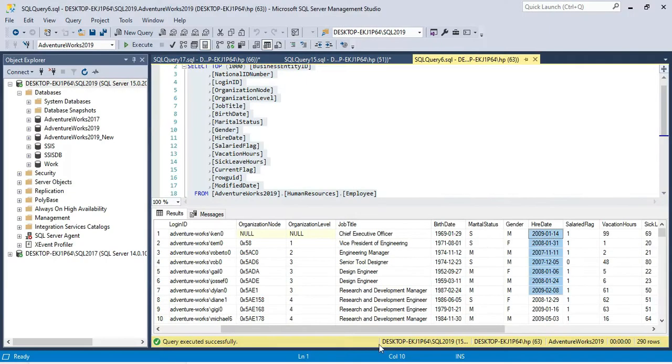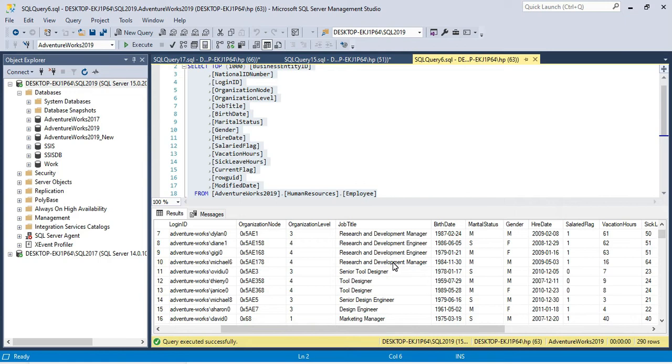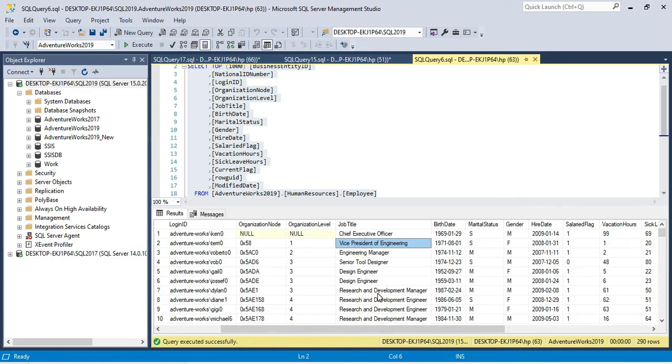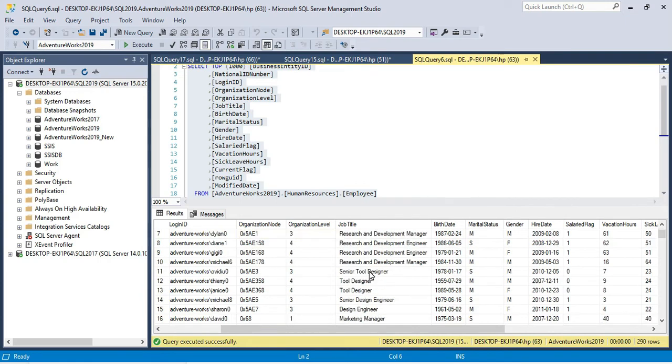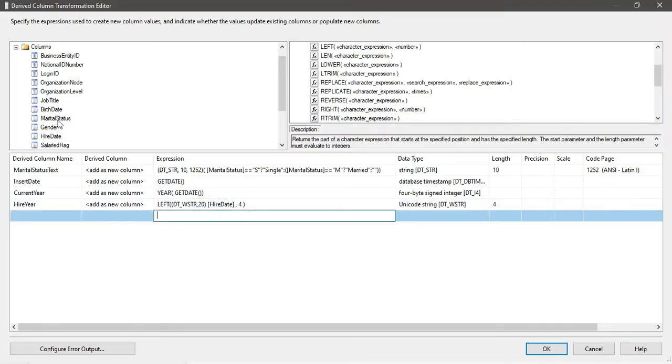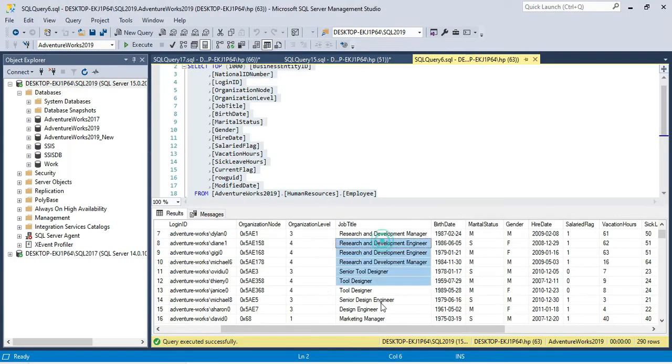Now, one thing is that this is the job title here, and suppose I want to replace some value here. There are spaces between, like, senior space tool space designer. Suppose I want to replace the space with an underscore, how can I do that? For that you can use a REPLACE function, and I also want to override the data in this job title.